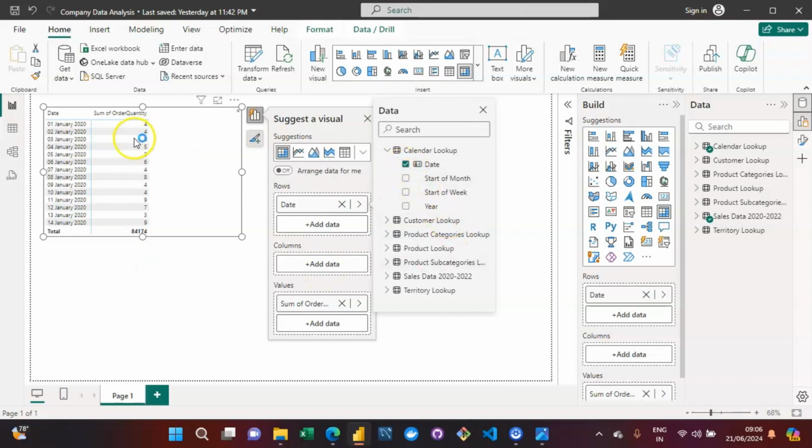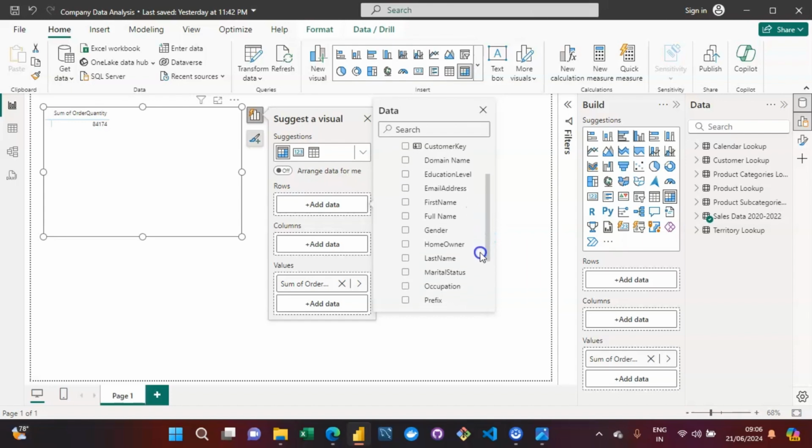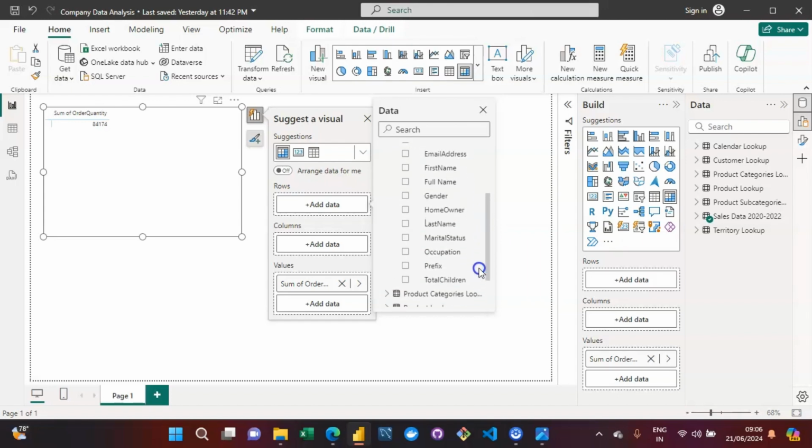So you can see that just because we have connected the calendar lookup table with respect to the sales table, you are able to see the values getting changed over here, or the appropriate number getting associated with respect to each and every single group, right? Once we are done with this, let us move to our next dimension table, that is the customer lookup. So in our customer lookup table, let us go with the column